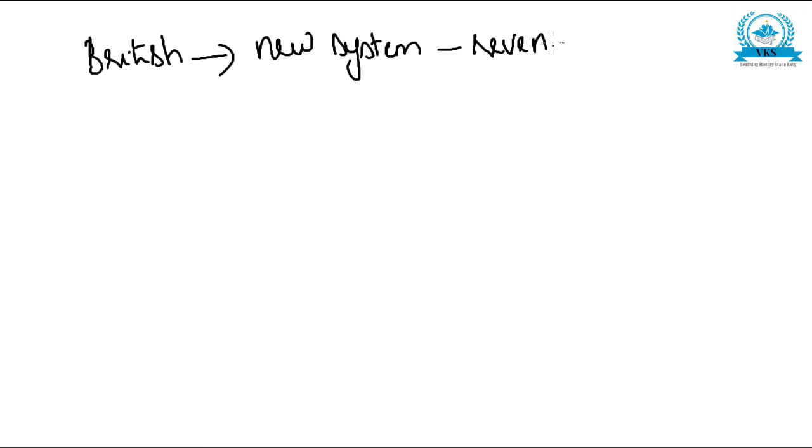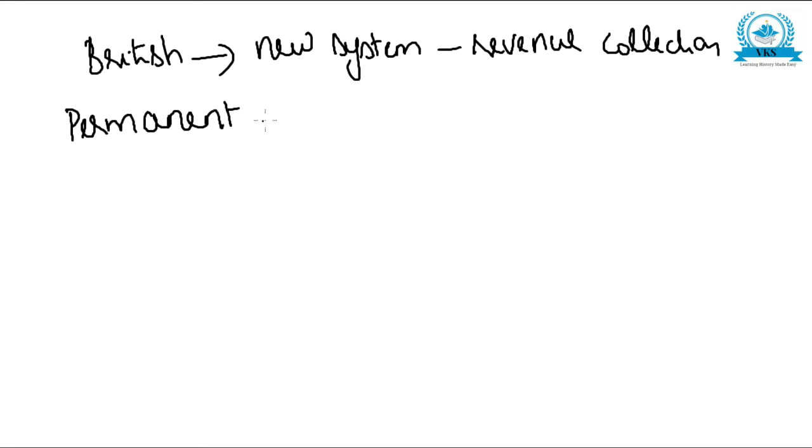And the British introduced a new system of revenue collection. Other than the traditional system, the British also introduced a new system of revenue collection in different provinces from time to time. So let us see the first land revenue system, that is permanent revenue settlement, or it is called the Zamindari system,